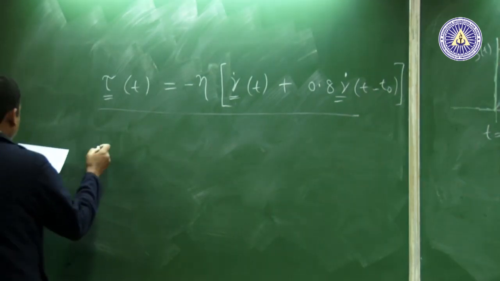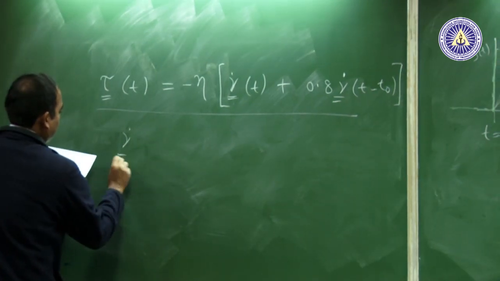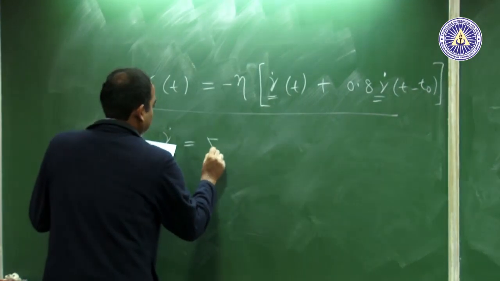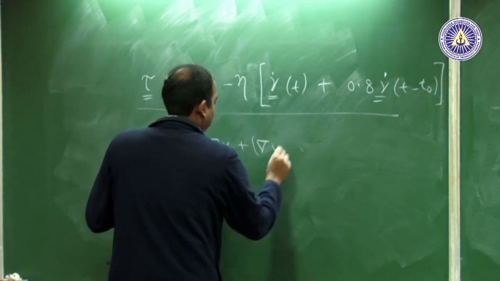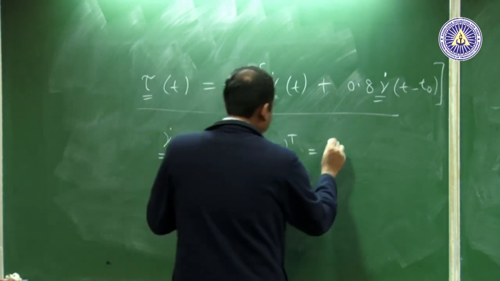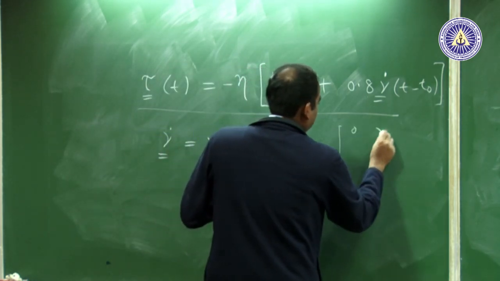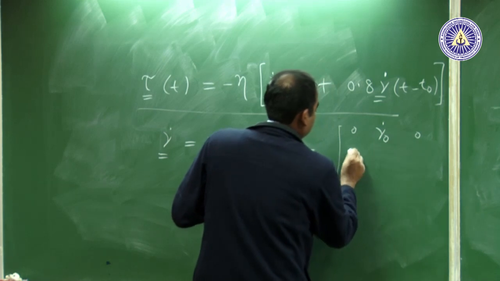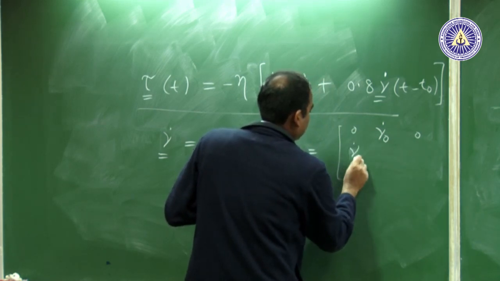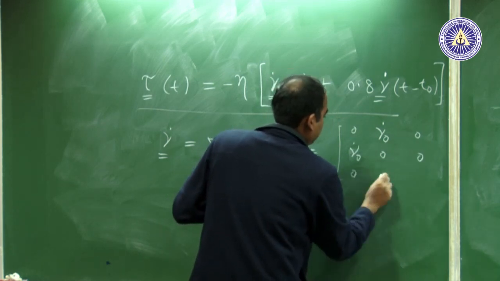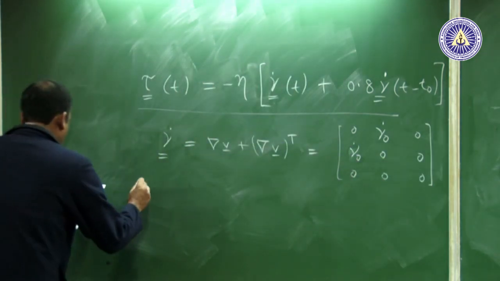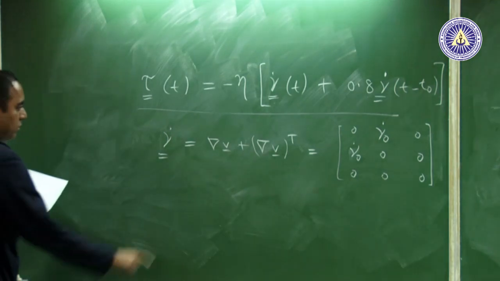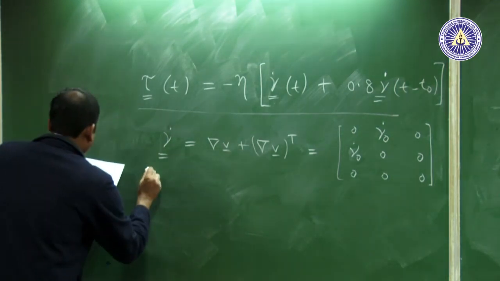So, in steady shear we have the usual gamma dot tensor, and if you impose this constitutive model with this steady shear, what you have is